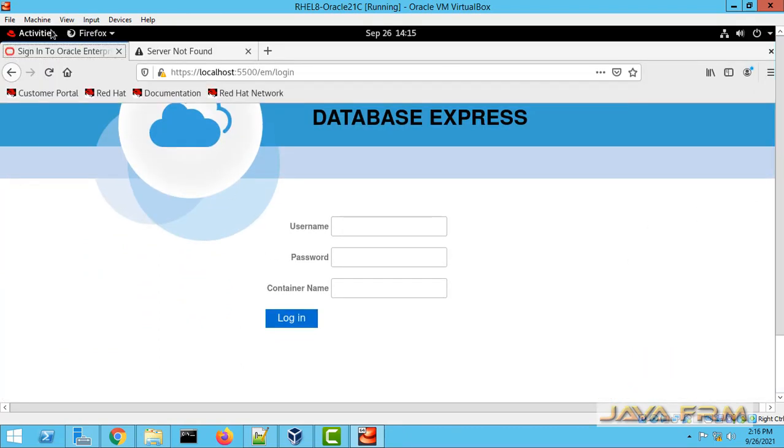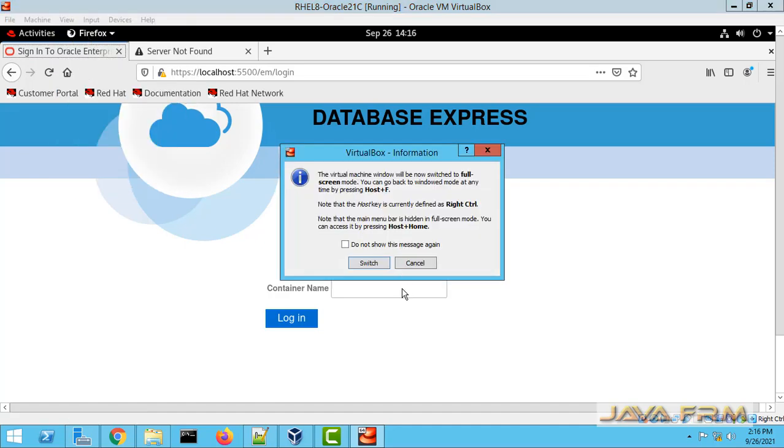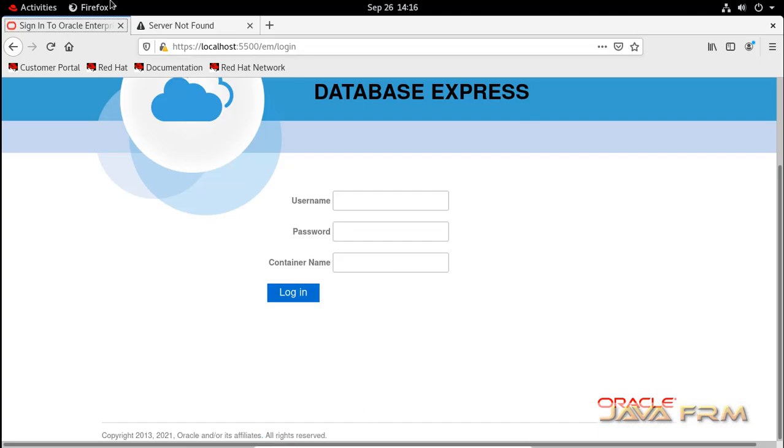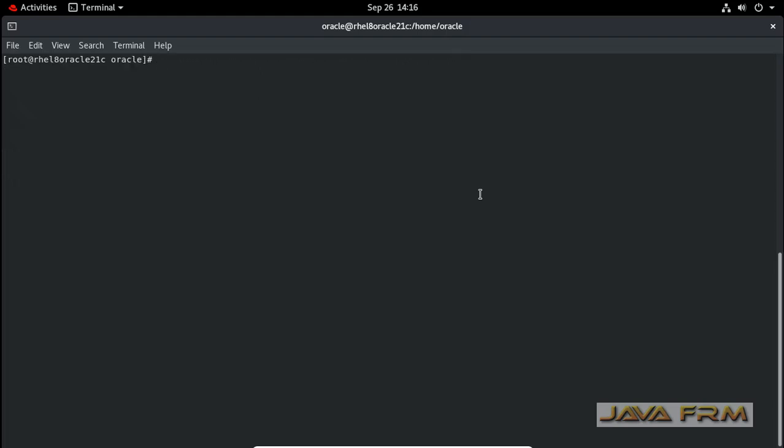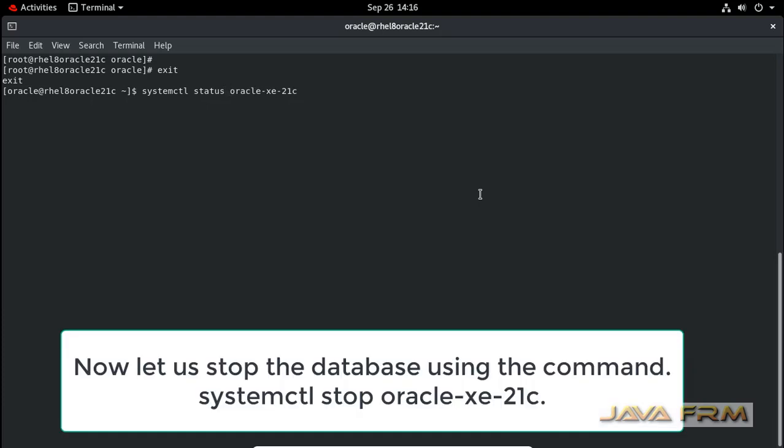I am going to stop the Oracle Database 21c Express Edition using the command: systemctl stop oracle-xe-21c.